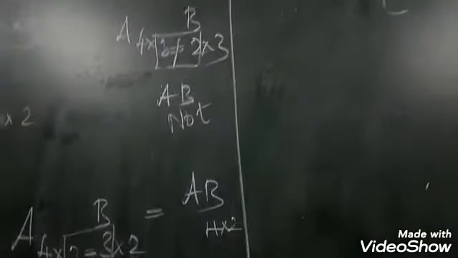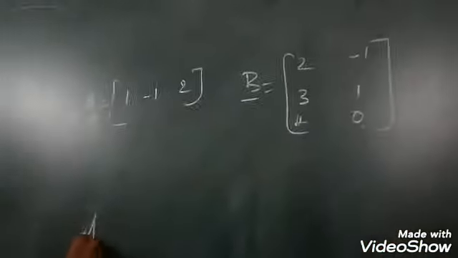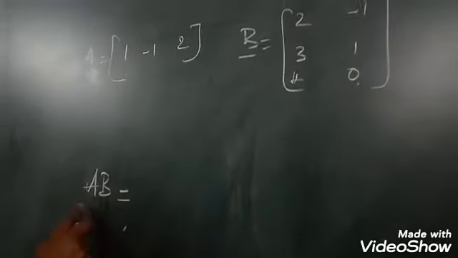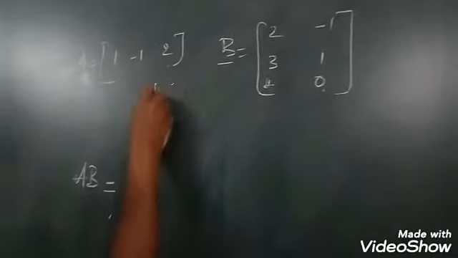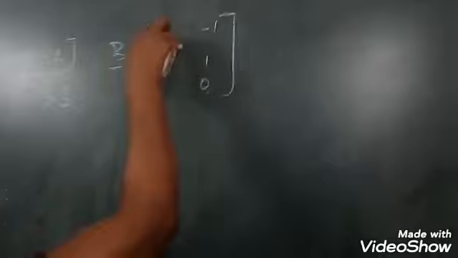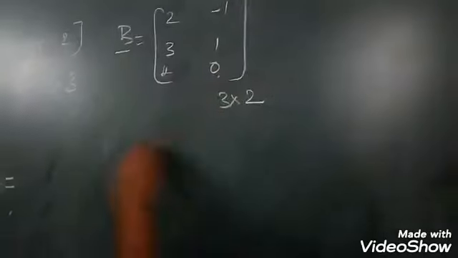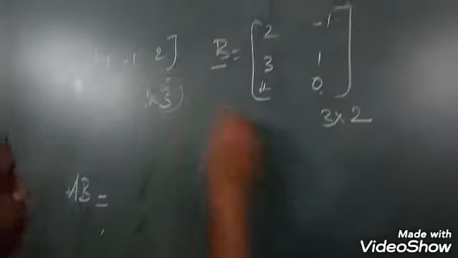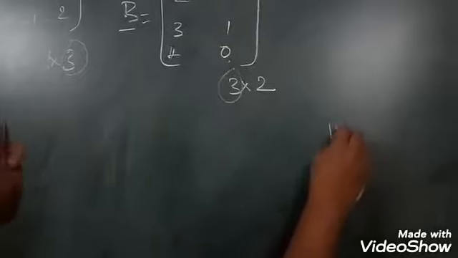Okay girls, now let us see how to multiply. I have given some examples. Now multiply A matrix and B matrix, given. This is for your information girls. First, A matrix and B matrix: what is the order here? Yes, 1 row, 3 columns. Here girls, how many rows? 1, 2, 3. 3 rows, 2 columns. Okay girls, now see here the column and the row should be equal. So if you multiply, you will get 1 cross 2.